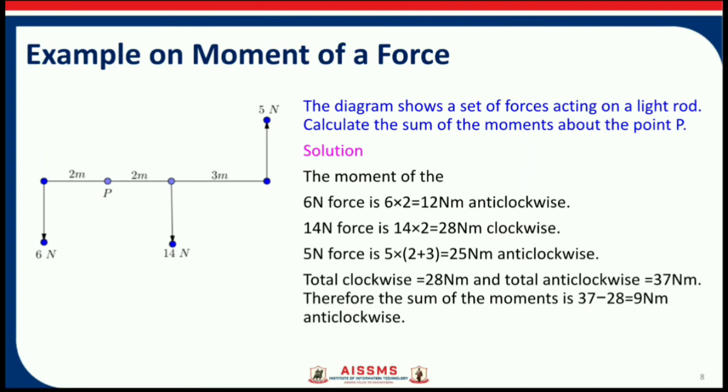Now by taking the summation of the clockwise and the anti-clockwise moments, we get 9 Newton meter in the anti-clockwise sense. So the final moment that is acting about point P due to all these forces is 9 Newton meter in the